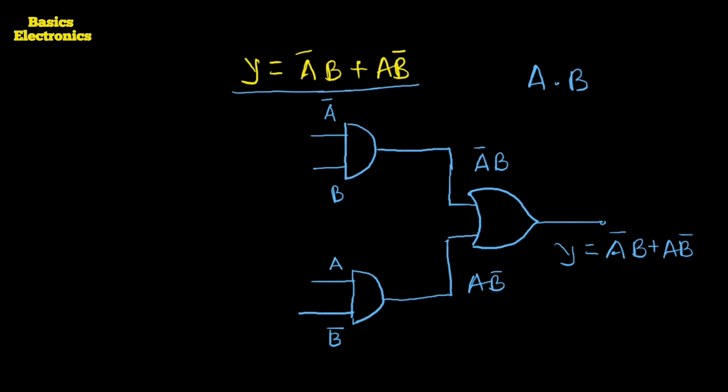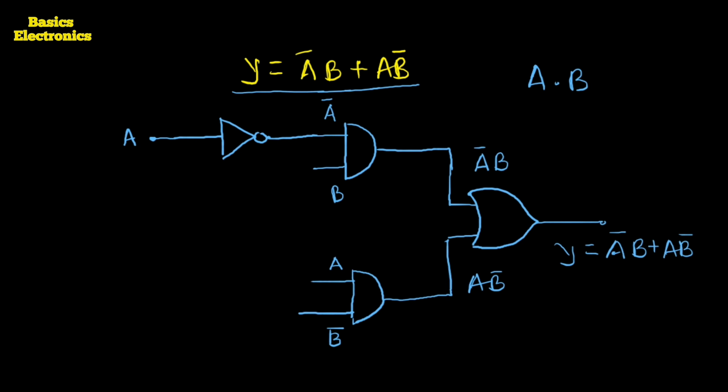So here again we require the NOT gate. I am using the NOT gate as the input gate. The input to the NOT gate is A, so its output becomes A complement. Here is the input we apply, that input is A. Its output is A complement.